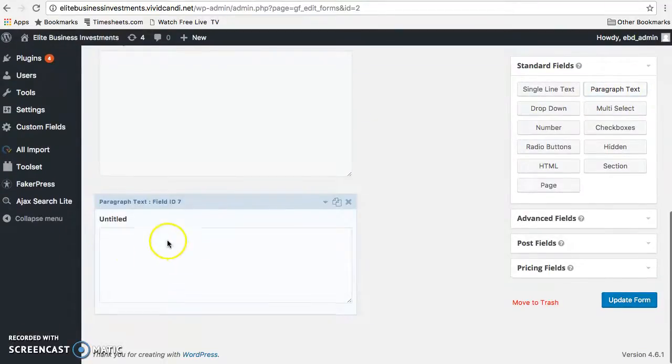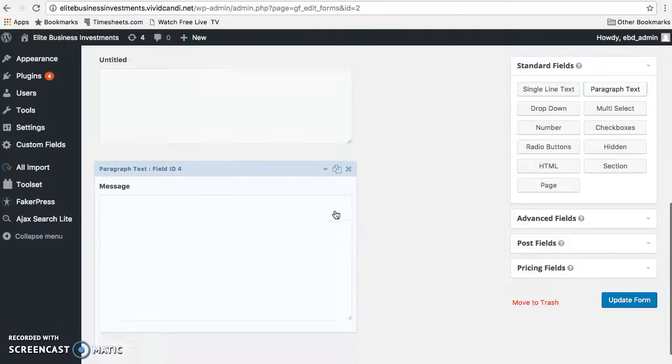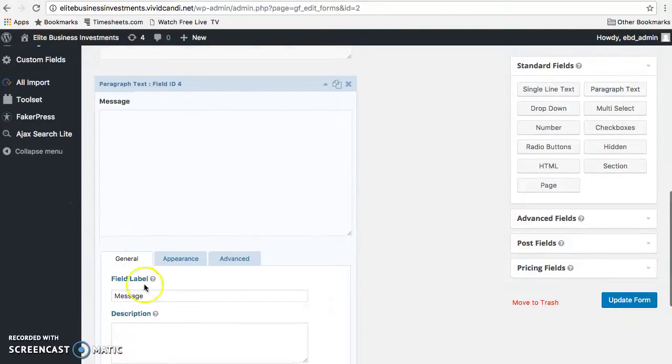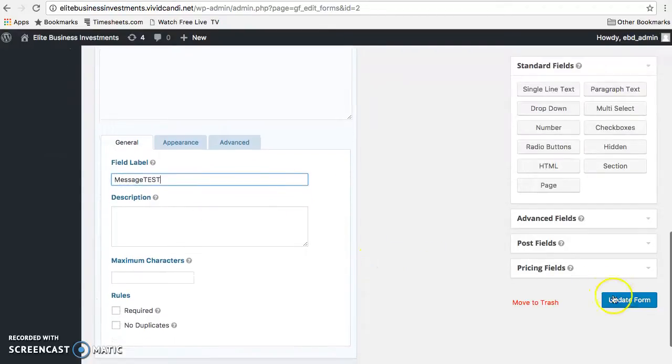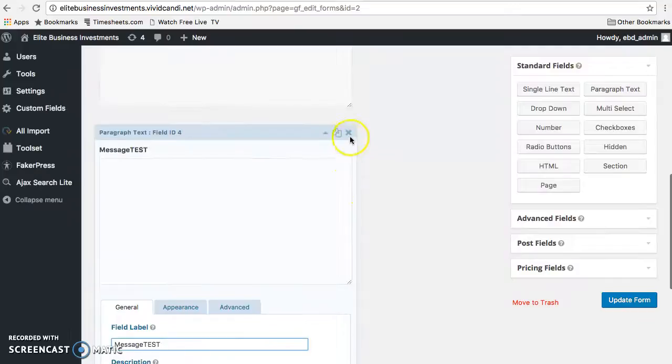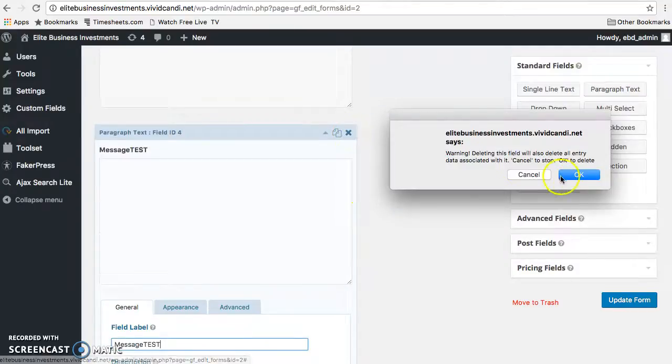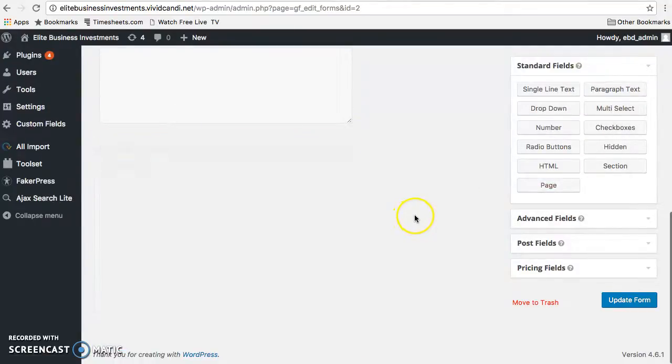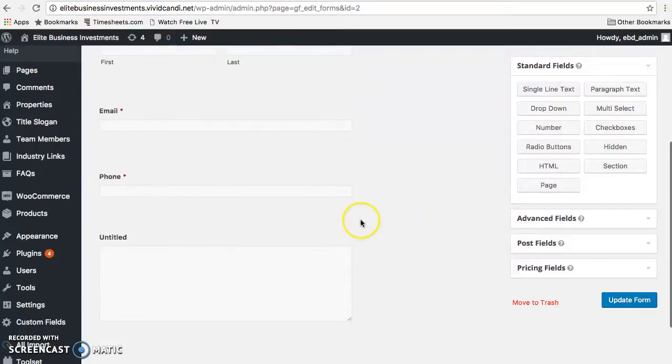So here's the box. You click on this arrow right here, and then you just change whatever the name of the field is, like test. And then when you are done, just click update form. Obviously you don't want this form field, so I'm just going to delete it. Yes, delete that. And then the last thing you need to know is